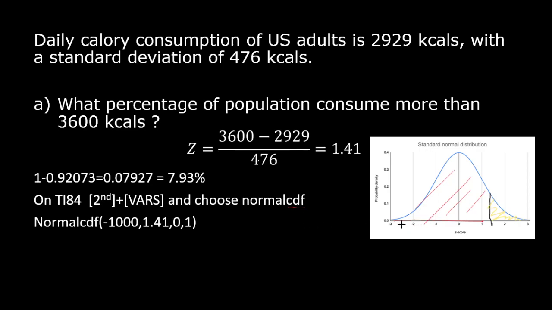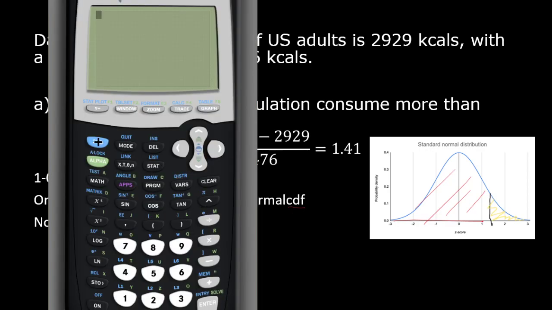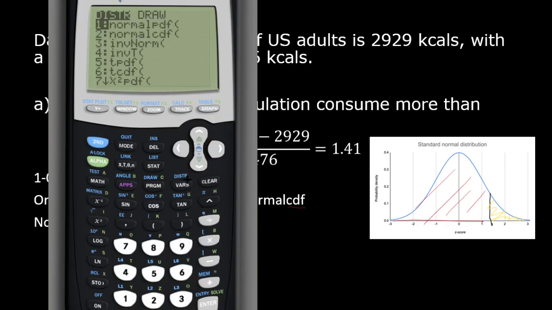Anytime you have an interval, you need the CDF. Only when you need to know the value, you use the PDF. So for this problem, if you use the PDF, you're going to end up with the wrong answer. So let me show you how that's done. Let's try second vars. That gives you distribution, and as written here, you use the second one, and then once you click it, you get these